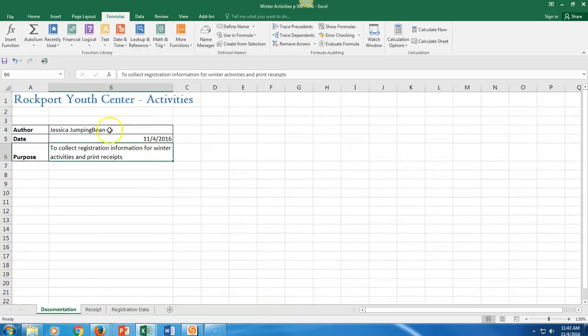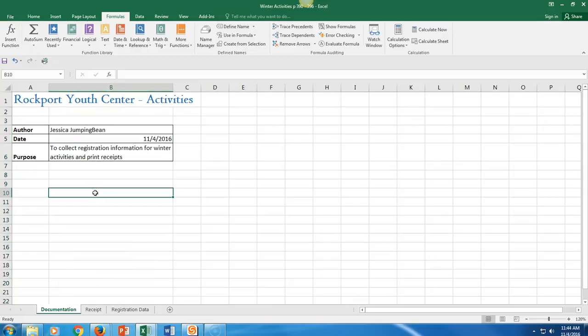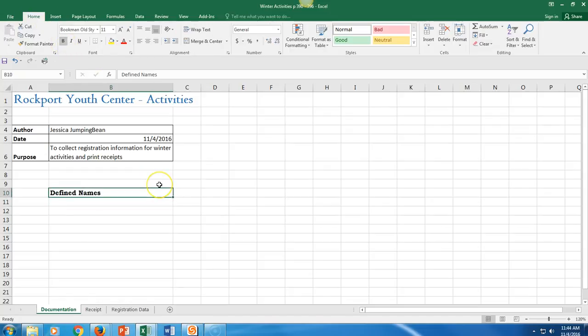In cell B10, here's B, and here's 10, enter Defined Names and then format the label with bold. Okay, they didn't ask me to center that, but we'll live with it. Select cell B11. This is the upper left cell of the range where you want to paste the list of